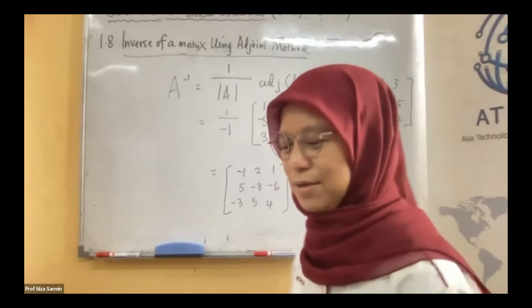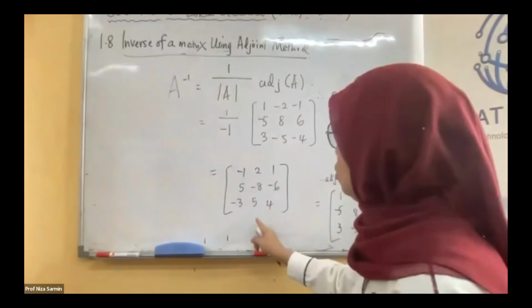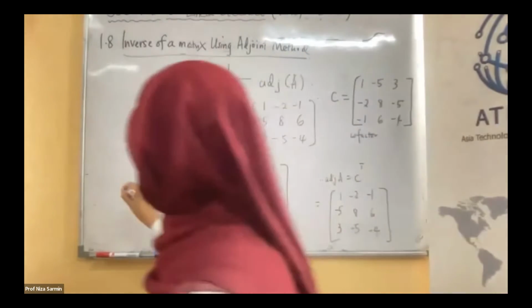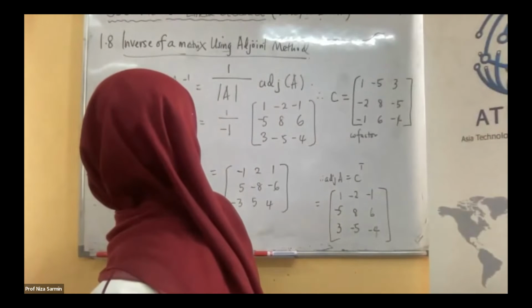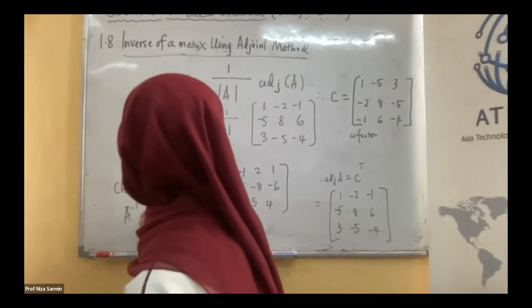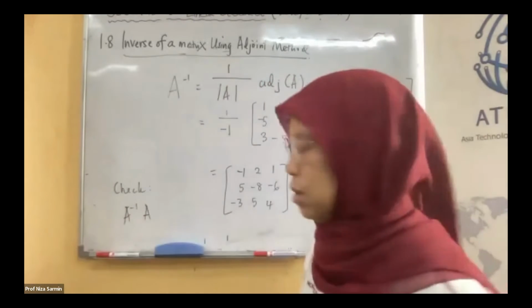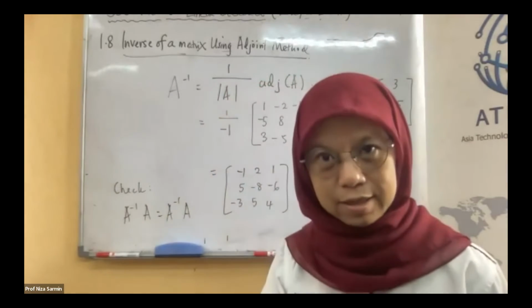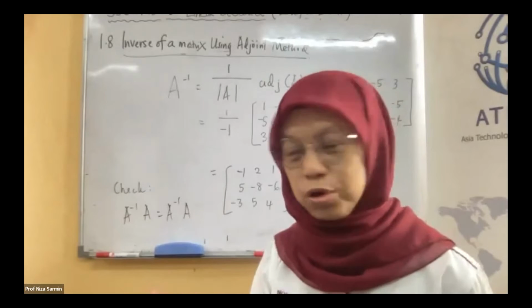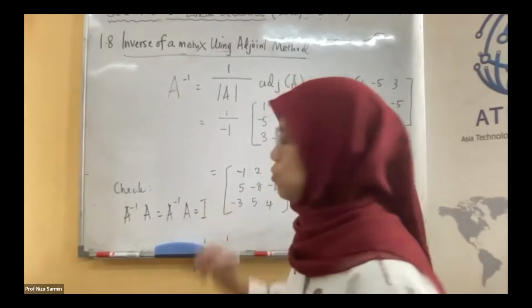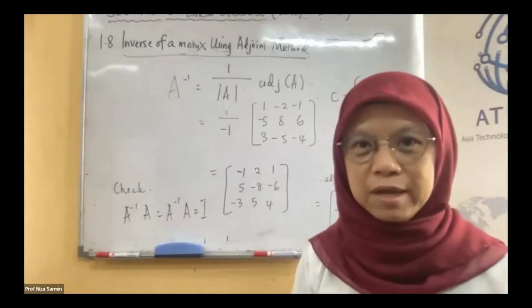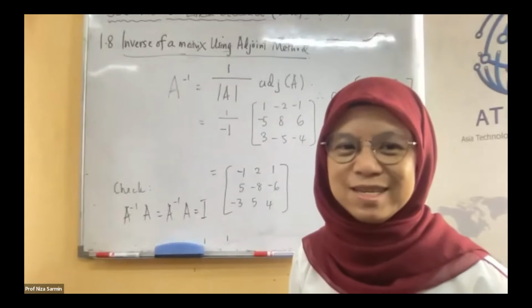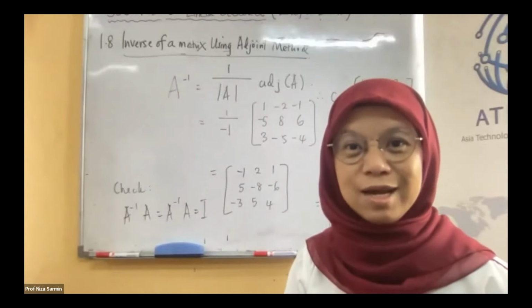Okay. So, this is the inverse. And remember, you can check. You can multiply on the left, or you can multiply on the right? Either one, no need to do both. And you have to get the identity. Kalau tak dapat identity, tapi as I said earlier, if you don't get the identity and you